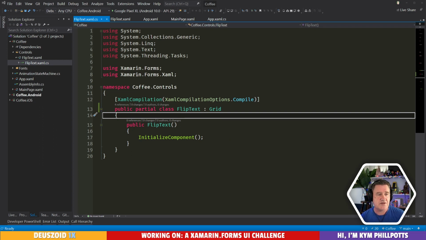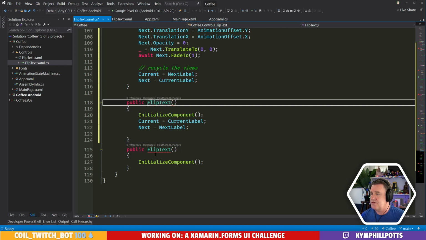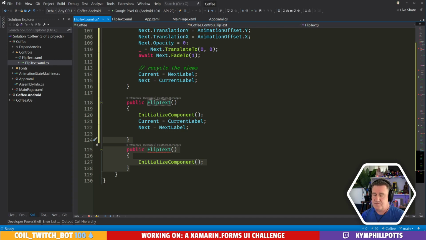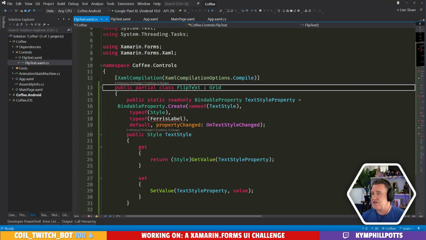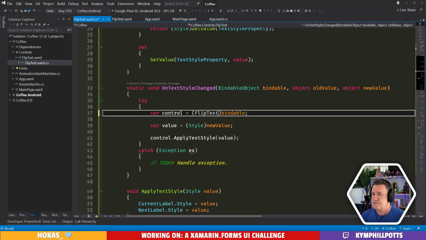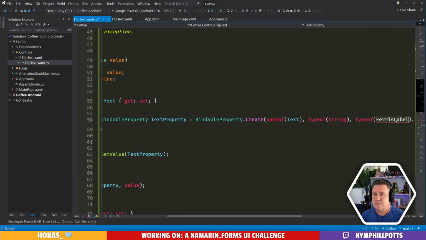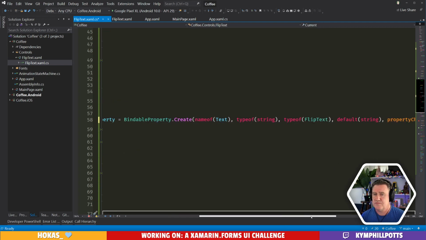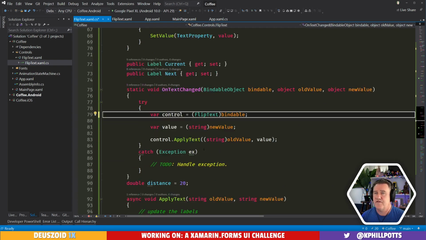Let me just steal this code first of all. All right. What do we got? Oh, I've changed the name of this, so I'm going to have to correct a few of these. Lovely.